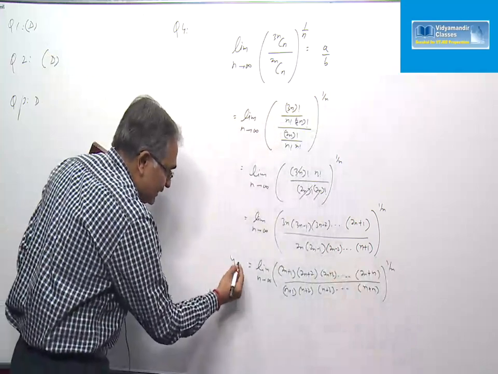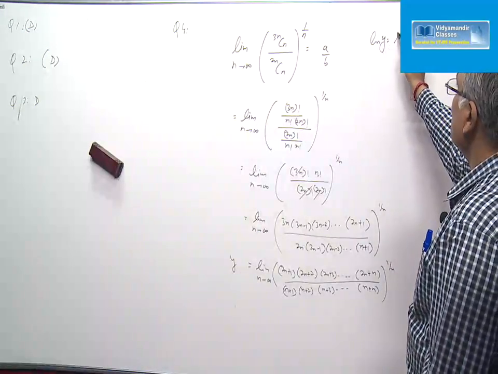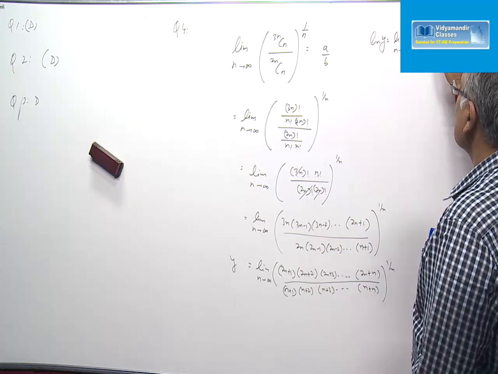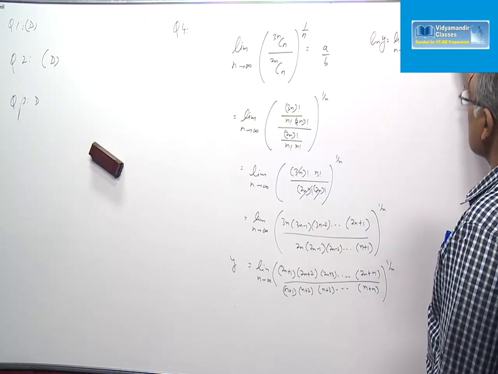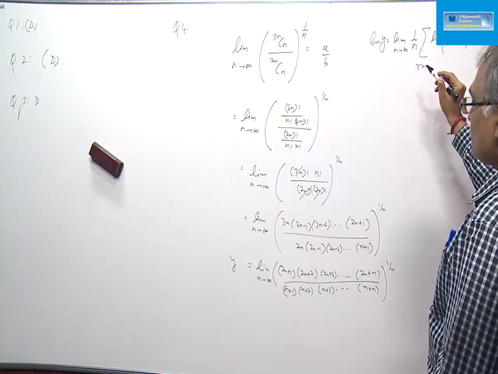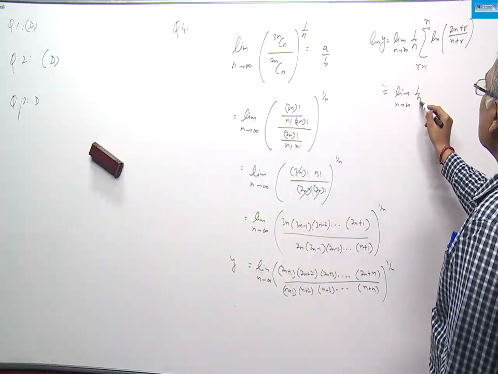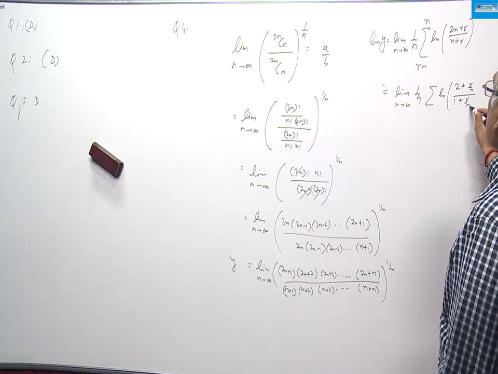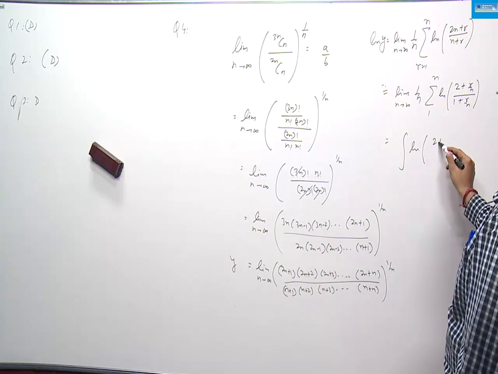Now, if this limit is, let's say, y, taking log of both sides, you will get log y is equal to limit n approaches infinity 1 over n summation log of (2n+r)/(n+r), r varies from 1 to n, which is equivalent to limit n approaches infinity 1 over n summation natural log of (2 + r/n)/(1 + r/n), r varies from 1 to n, which is equivalent to the integral of natural log (2 + x)/(1 + x)